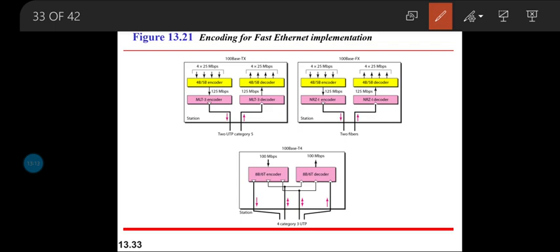The next kind of Fast Ethernet implementation is 100 Base-FX. At the transmitter end, again it is 4 × 25 Mbps of data which is getting transmitted. One thing that is common is that the block encoder and decoder methodologies are the same, but compared to the other implementation, we have one more thing, which is non-return to zero L.